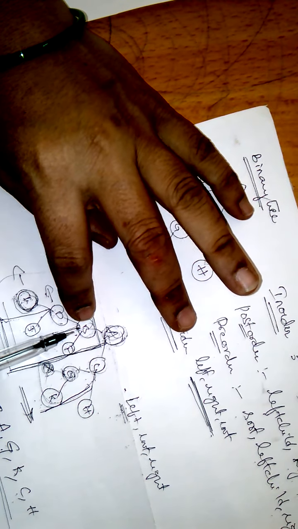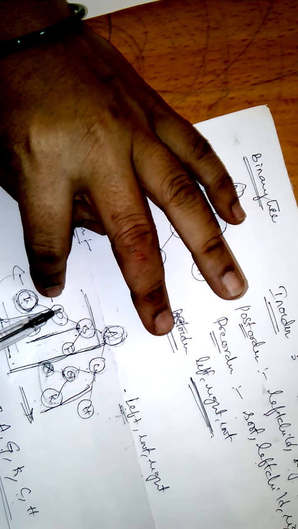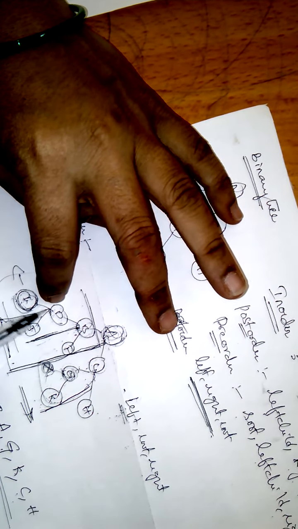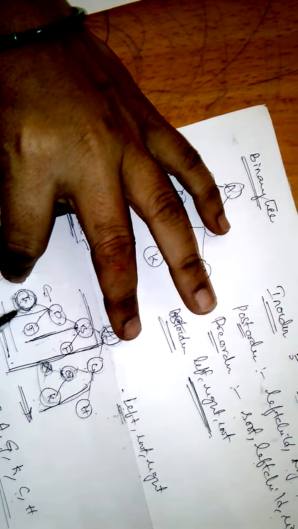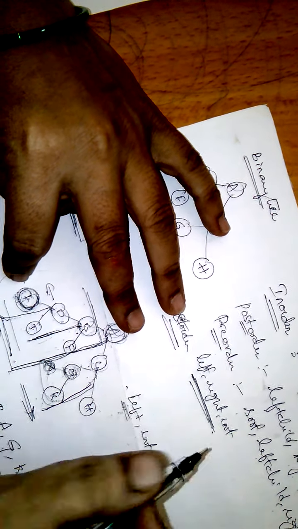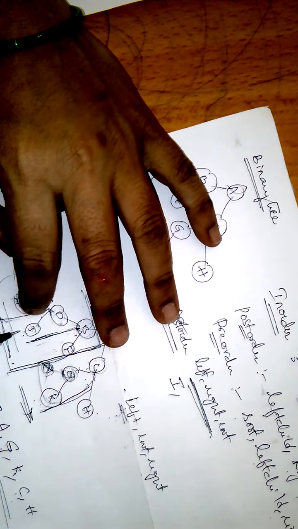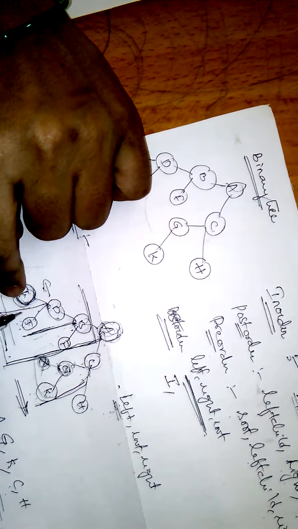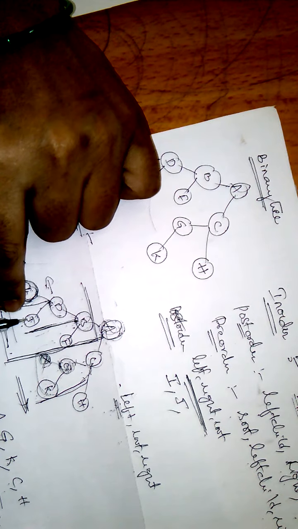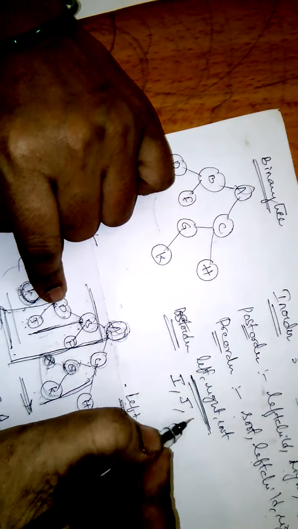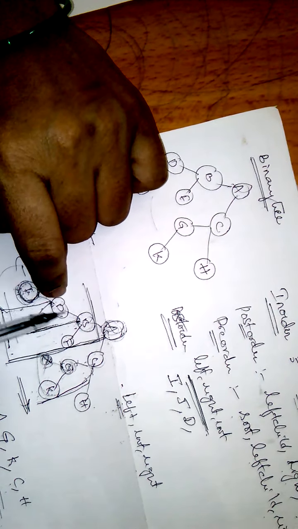B is a parent. So we should visit first left. So D. What is this? D, again parent. So again visit left. What is left? I, which is a leaf node. So first we have to visit left. So here I. Next, after left, visit right. Right of this parent is J. We finished left, right, and then root. So we will visit root.